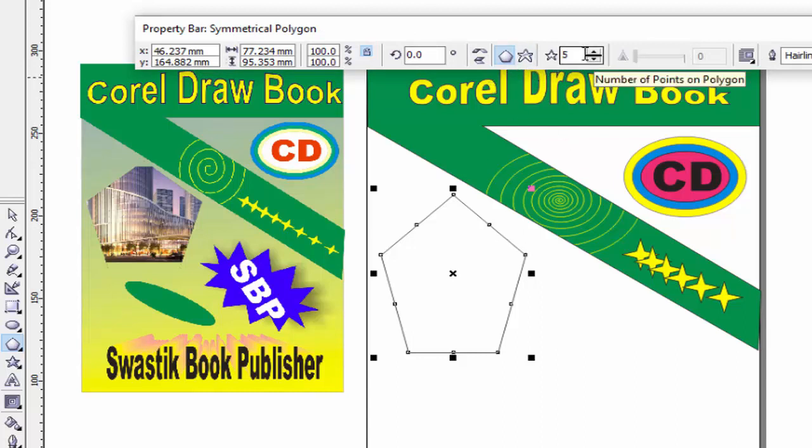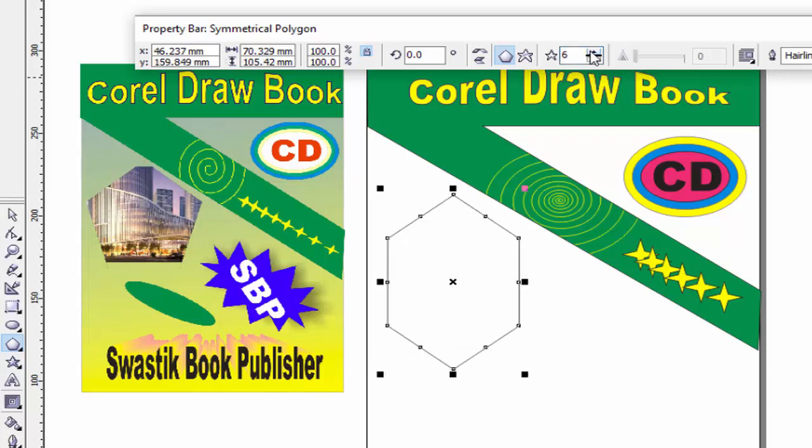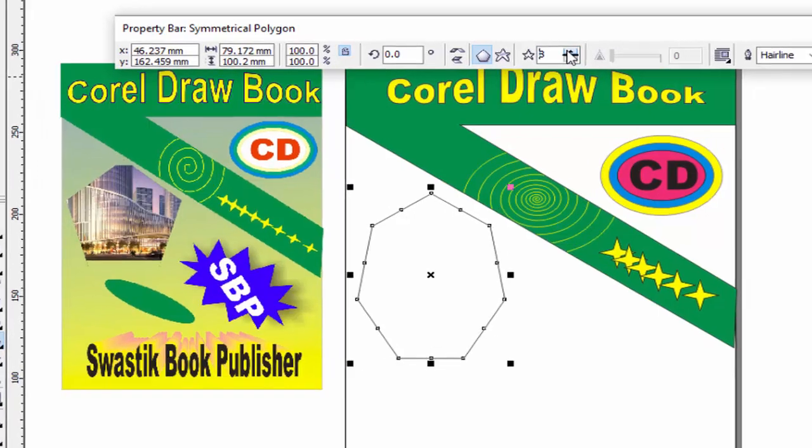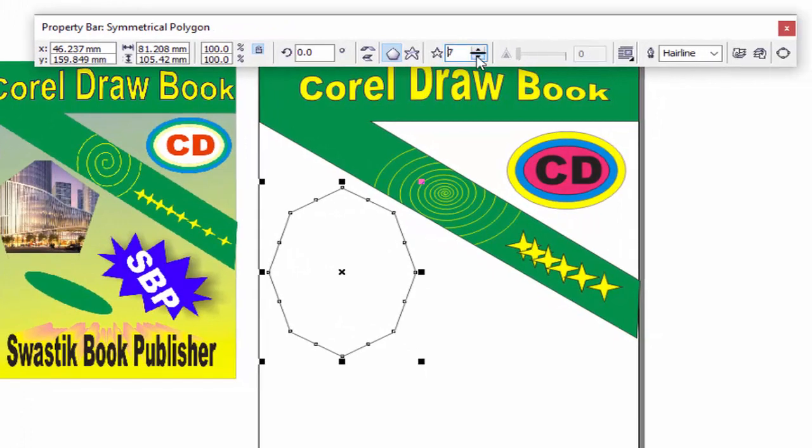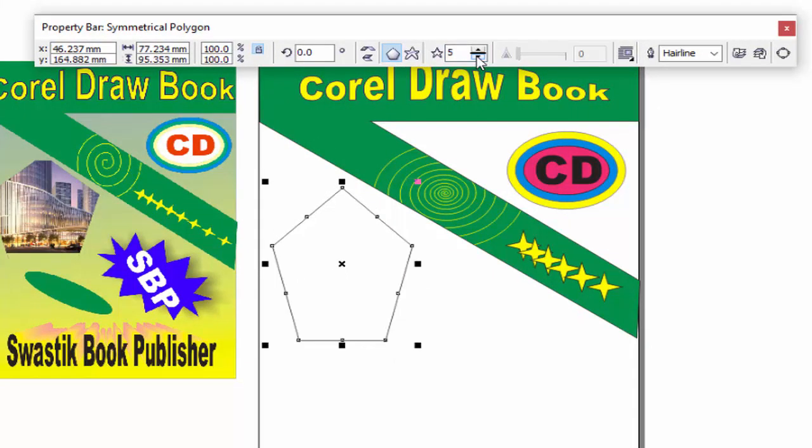If you want to increase the number of points of the polygon, you can increase from here like this, 6, 7, 8. So we need 5 points, so 5 points. And if you want to convert it into a star shape, you can use this button. And if you want to increase the hairline width, hairline means like this, you can increase the hairline like this.